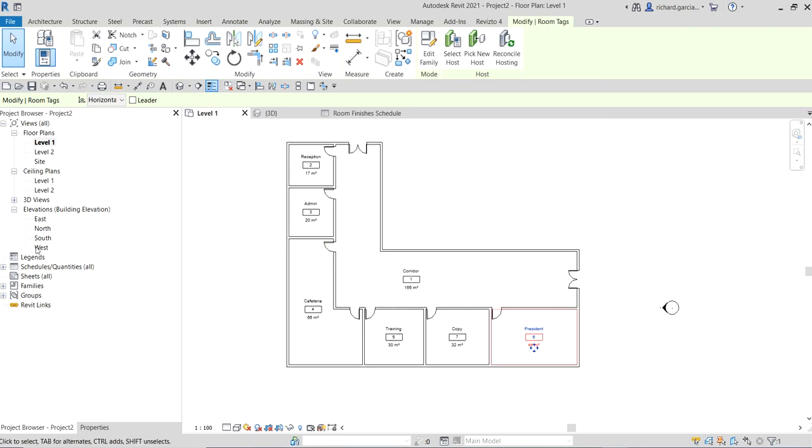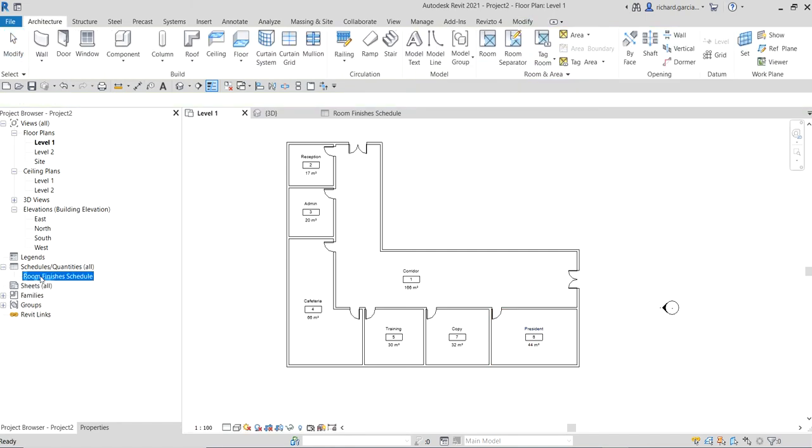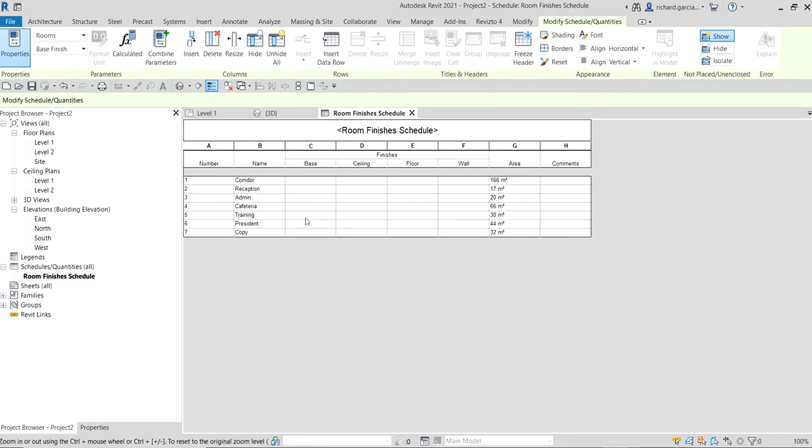Just go to the schedule. Okay, room finishes, and there you go. Okay, so you can change the name here as well, and then the room number. So let's say I'm on level 1, so I'm just going to make this 101. This is 102, 103, 104,